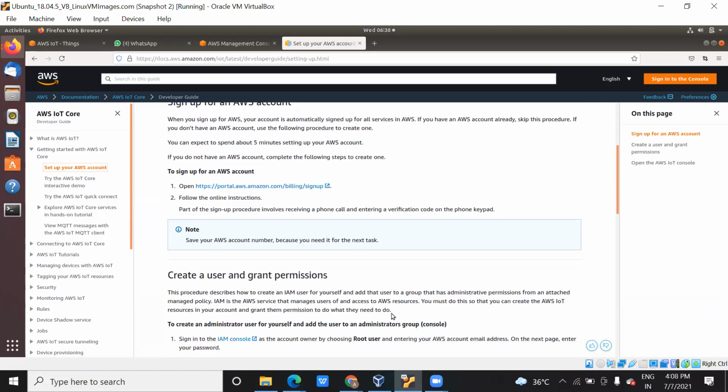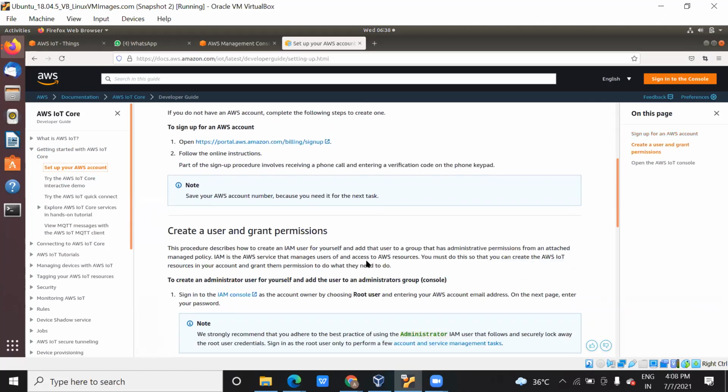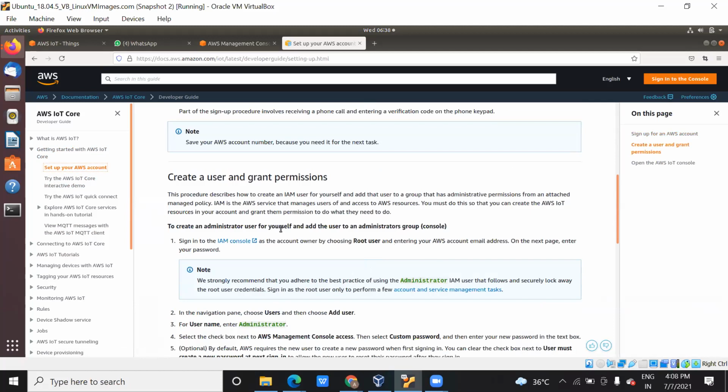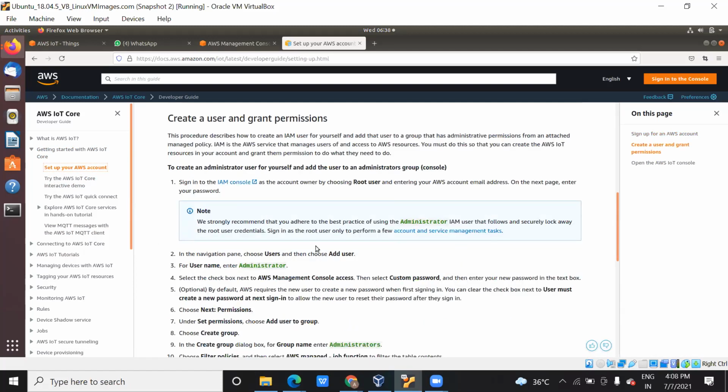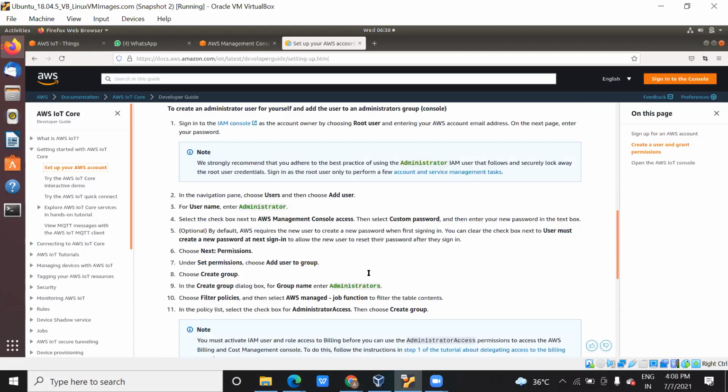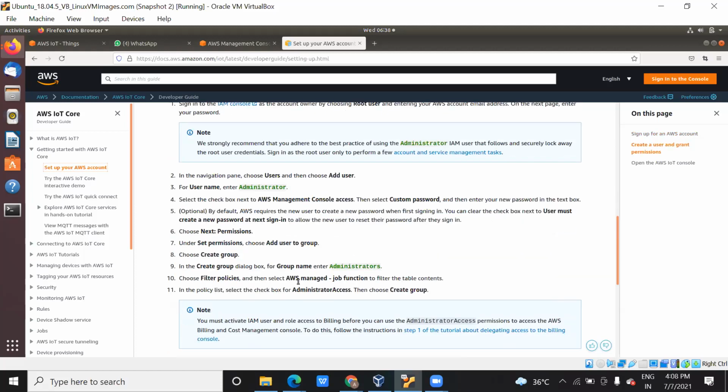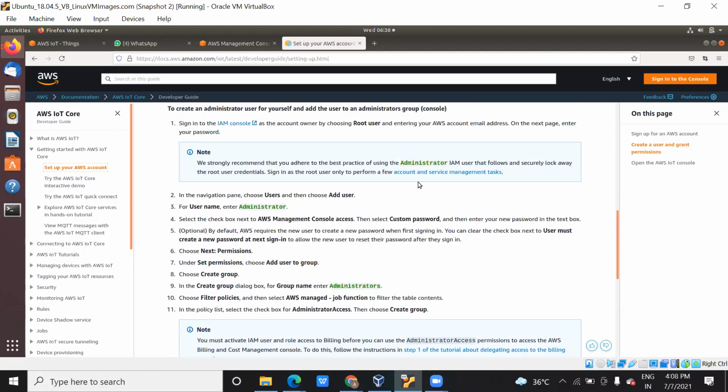Another thing is that you should have permissions and services, whether IAM roles are enabled or not, which I am going to show you. You might have services available in your account like administrator or IAM user. What do you mean by that?